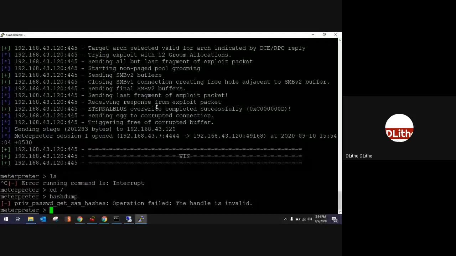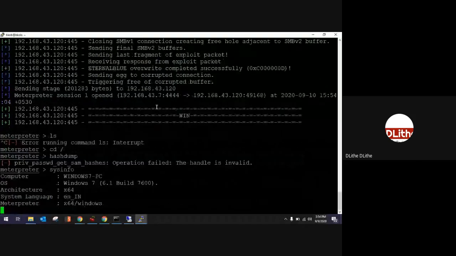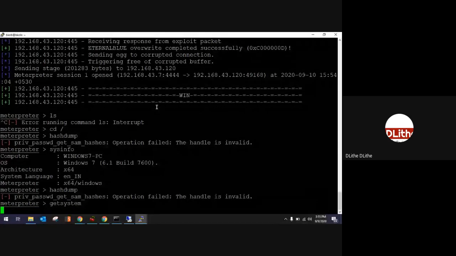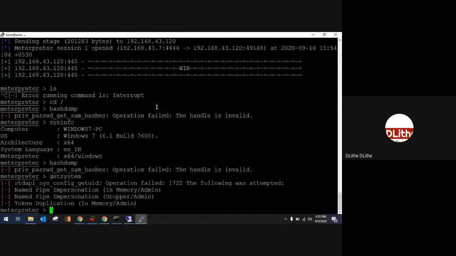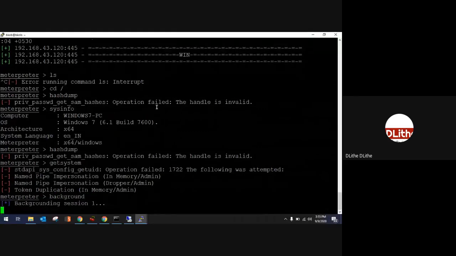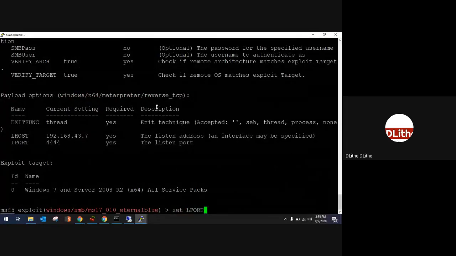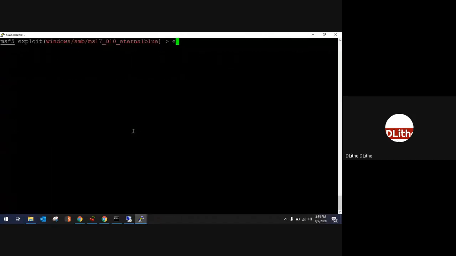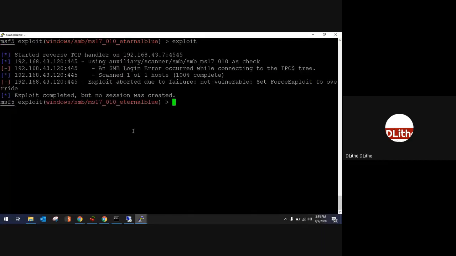Ouch, that's awkward. I'm going to get this thing. Okay, let me try this again. Let me try LPORT 45. I don't know why it's not working today. It worked basically. Ouch, that is due to some other issue in my system.